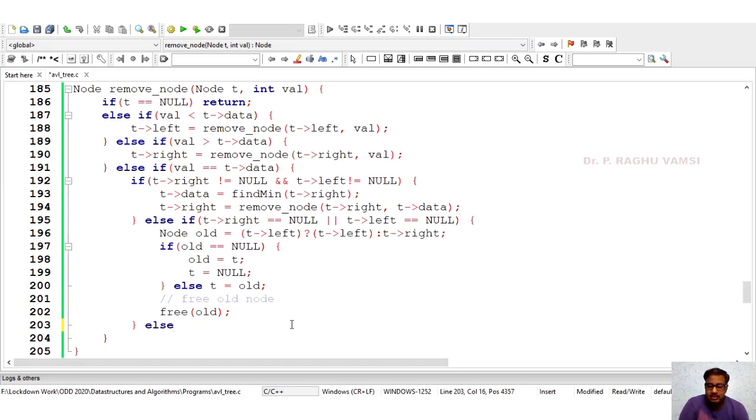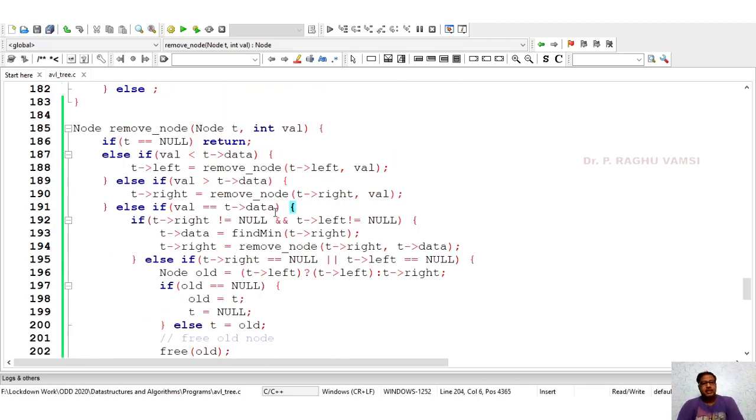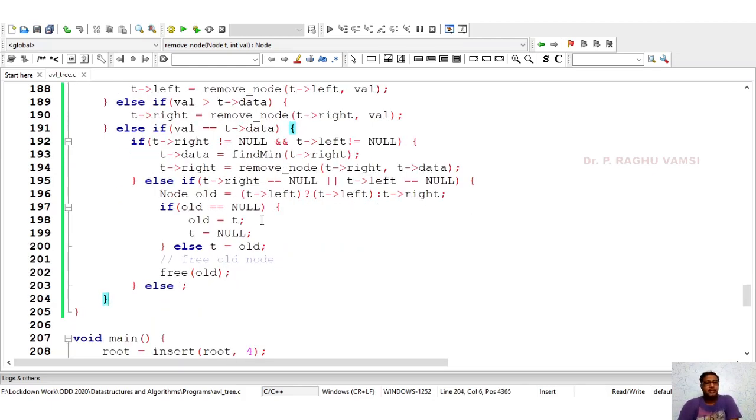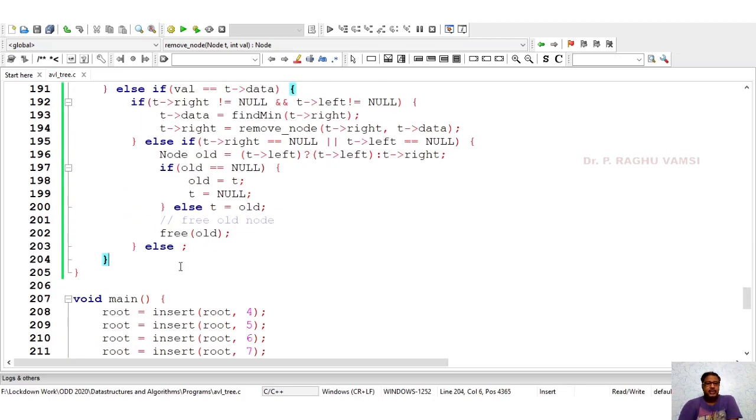So else, nothing to do in this. Once we do this, then here the height adjustment must be done. This is the general way of doing. The same in the binary search tree also we will do the same thing. But here the specialty is we need to take care of the height balance.